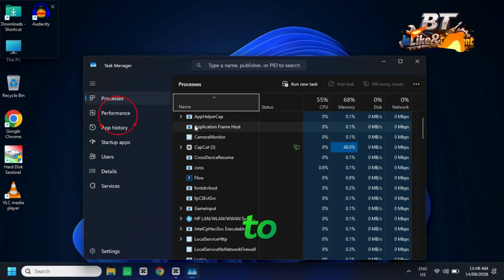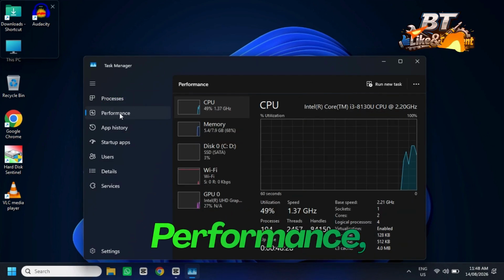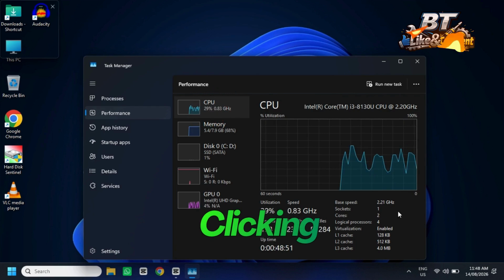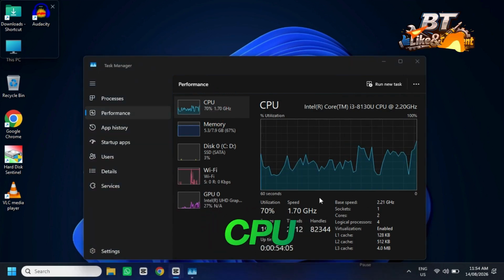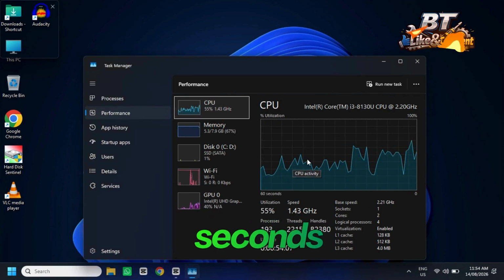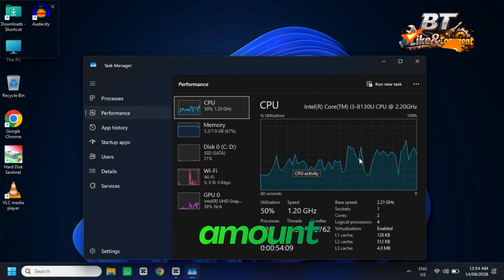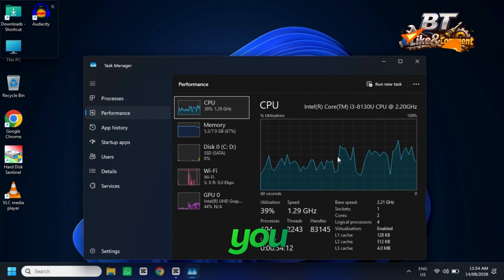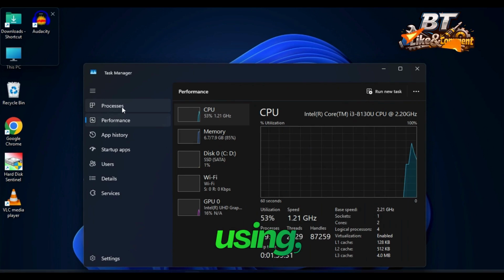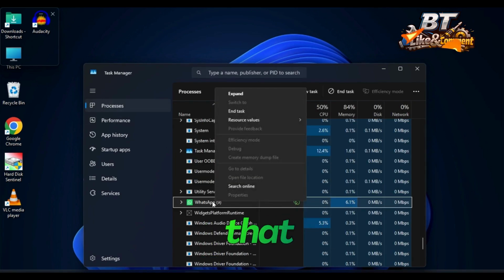After pressing it, go to the Performance section. In Performance, select the CPU option. Clicking on CPU will let you see the CPU usage. Give it a few seconds and check which app keeps using a large amount of CPU. If there's a program you recognize and you're not currently using, go to the Processes section, right-click that app, and